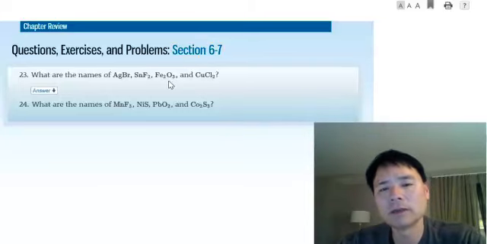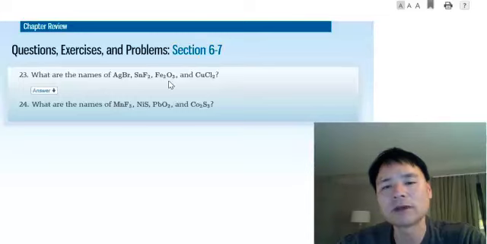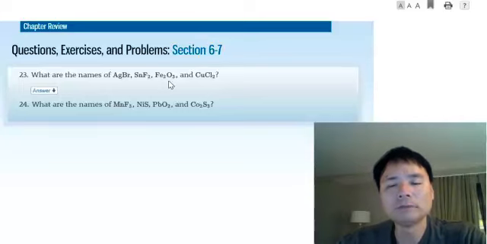Iron's a 2,3. And then finally, that brings us to copper. Copper is also variable charge. In this case, we can tell the charge on copper because of the chloride. We have 2 chlorides, each of -1. That gives us a total charge of -2 on 1 chloride. On 1 copper, we have to have a total charge of +2. So that's going to be the copper 2, Roman numerals, chloride. And